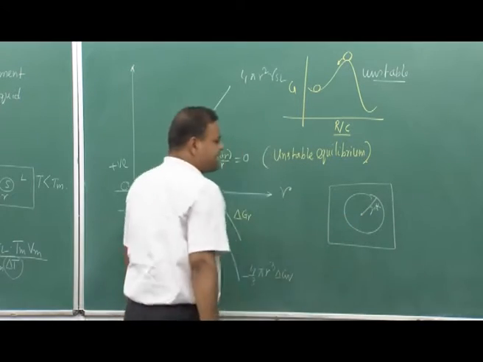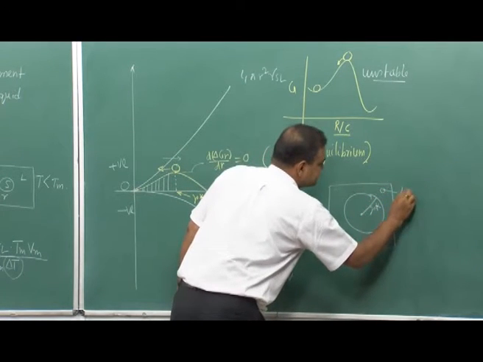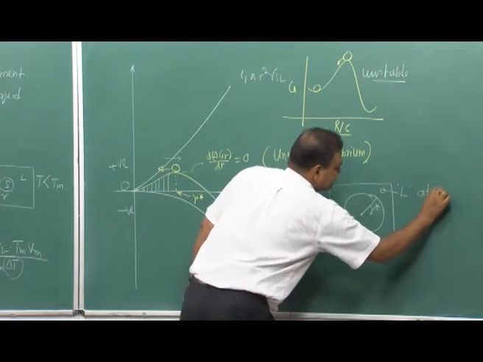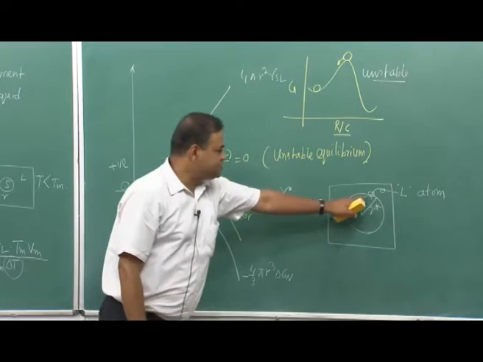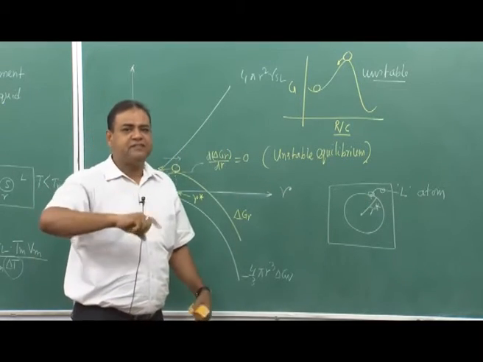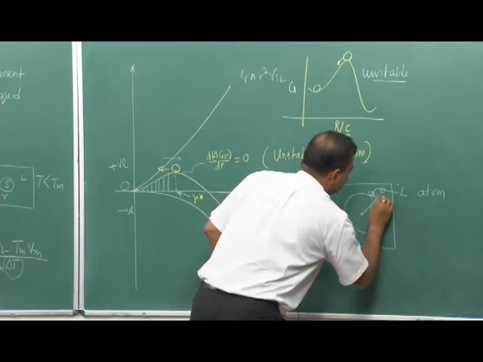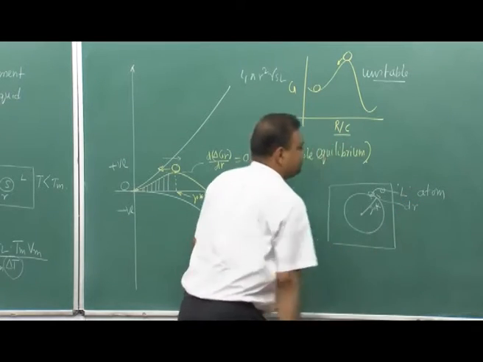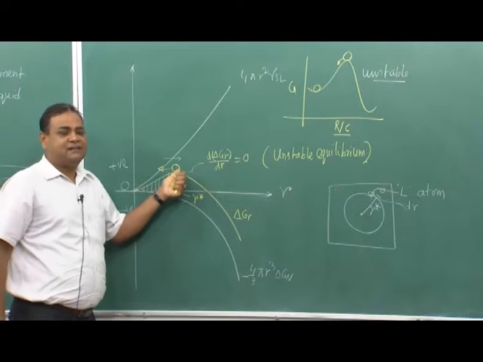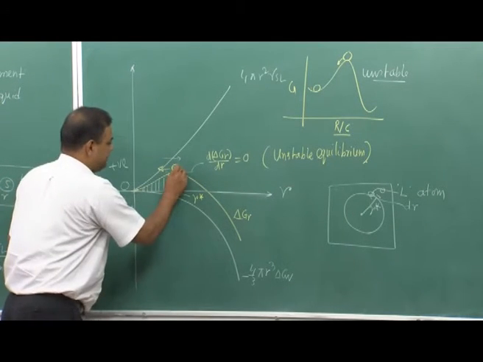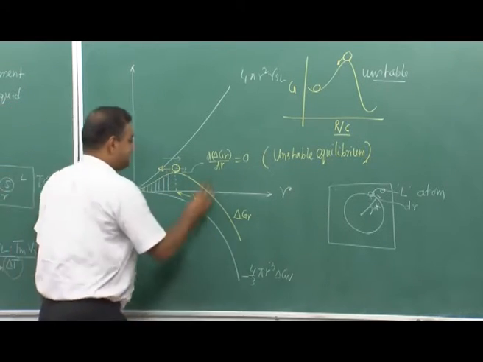Now, by any means, because of, let us say, thermal fluctuation, one liquid atom, let us say this is a liquid atom, comes and joins the solid phase. So, once it joins the solid phase, the solid radius increases by del r. Okay. So, it is a small radius increase, which is del r. Now, if it increases this radius by del r, it goes to the other side of the slope, other side of the slope. So, then another unstable condition is setting up,